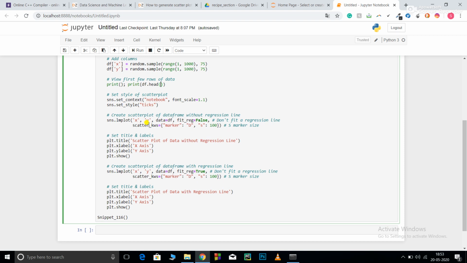Now after that, you can see my comment is: create scatter plot of data frame without regression line. A regression line means a linear regression line fitted through your data points. So first I will plot my points, and sometimes I want to fit a regression line. This regression line follows the least square fitting method in order to fit the best regression line among these points.